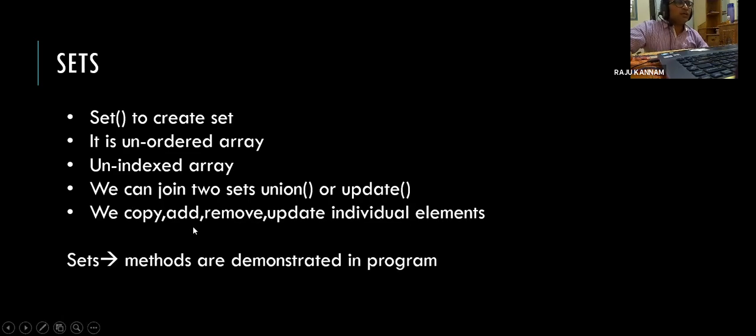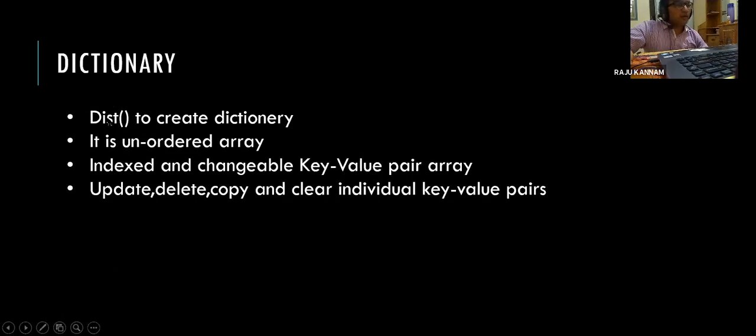Now here, if we come to dictionary, again, dictionary is a class. For this class, a constructor is there called the dict constructor. By using the dict constructor, you can create the dictionary, or by using the flower bracket also, you can create the dictionary, that we will see now. Right? It is an unordered array. Order is not maintained.